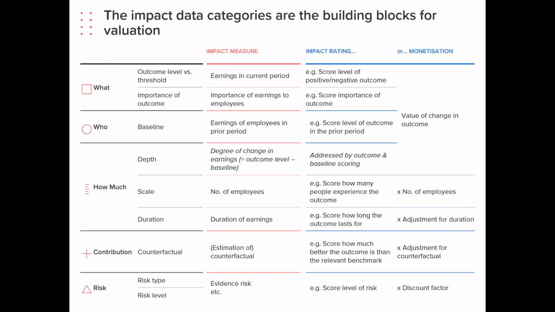If you then go to the next slide, Joe, I'm just going to comment on this and say to you all, these dimensions that we've been looking at and the data categories are the building blocks, or the underlying drivers, of both rigorous impact ratings and monetization. If you look in the market right now, some companies and asset managers, particularly looking across companies, are using scoring methodologies to decide whether to invest in a company,